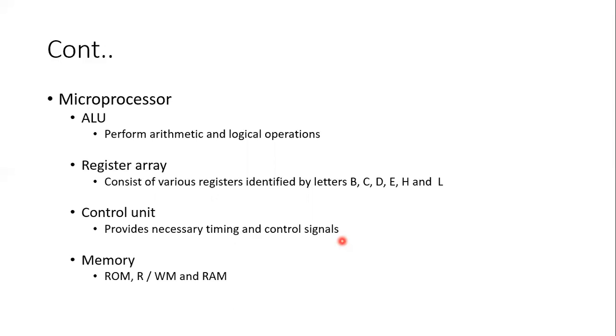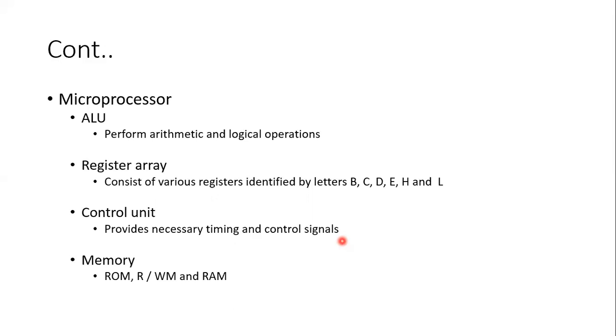Then next one is memory. So memory stores binary information as instruction and data, which provides the information to the microprocessor whenever it requires. To execute programs, the microprocessor reads instructions and the data from memory and performs the computing operations in its ALU. The results are either transferred to the output sections for display or stored in the memory for later use.